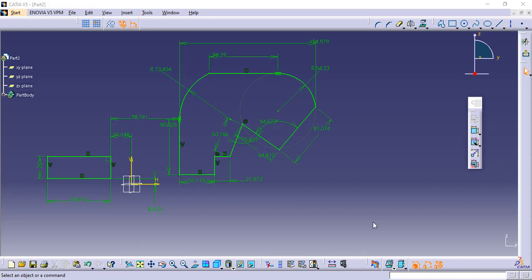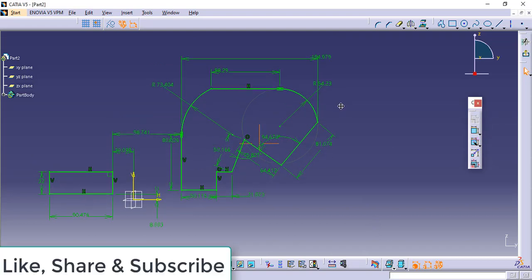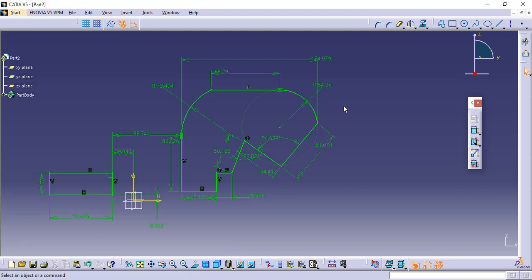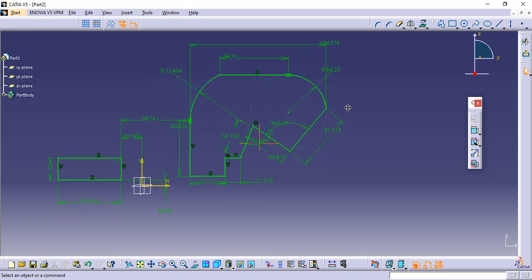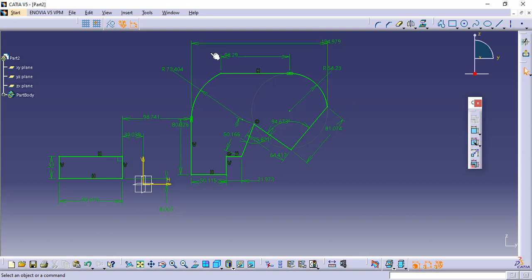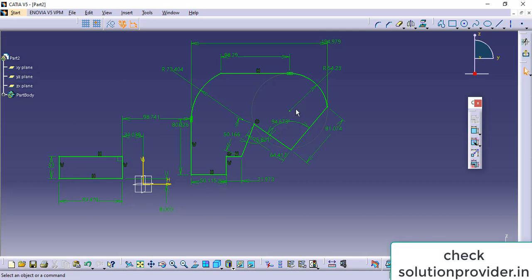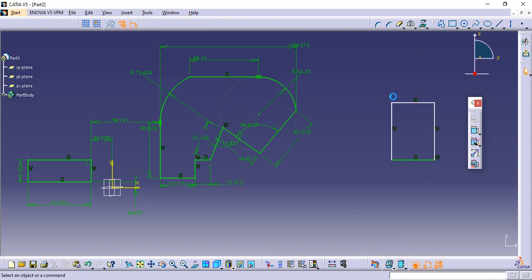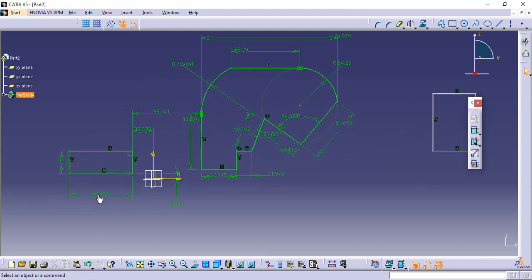In the last 15 minutes we were understanding the constraint command. We understood how to put the linear dimension, how to put the angular dimension, how to use contact constraints, and we went through three new terminologies: unconstrained or partially constrained, fully constrained in green color, and over constraints. If I make one rectangle in white color, it means this is an unconstrained figure, it has 6 degrees of freedom, and this one in complete green color is fully constrained. If I delete this dimension, now it is partially white, partially green, so I can say it's a partial constraint.